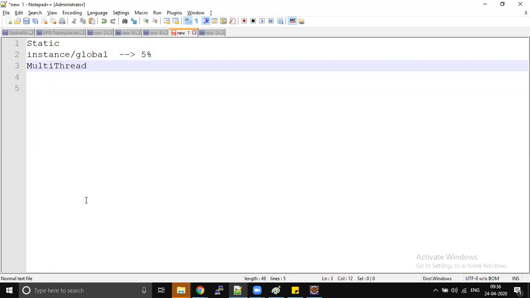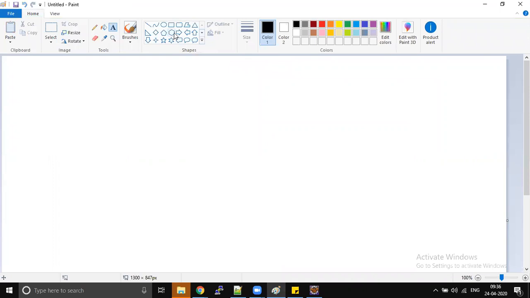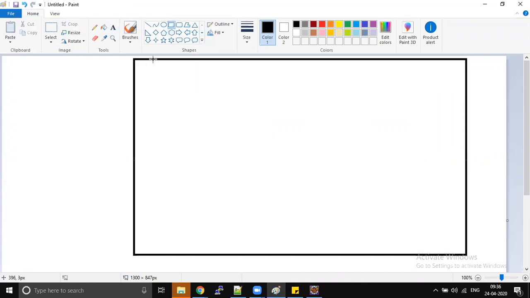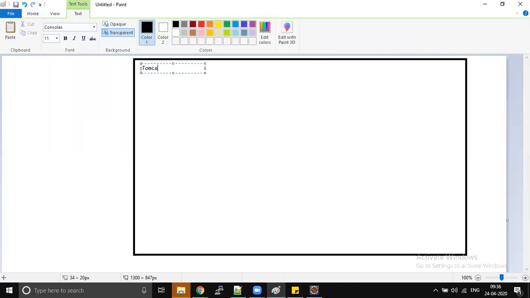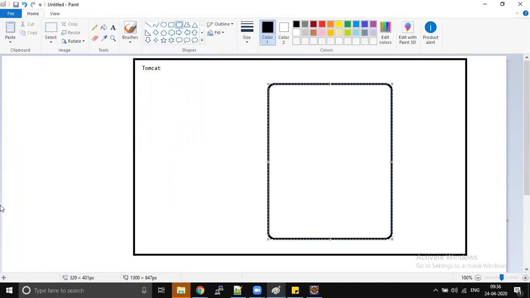Right, in Java, we have a concept called multi-threading. Whenever we deploy any application in any server, for example, let's assume that this is my server, a Tomcat server or WebLogic server, whatever server it is. It's a simple server. So when I deploy an application here, I write some application and I deploy it here.